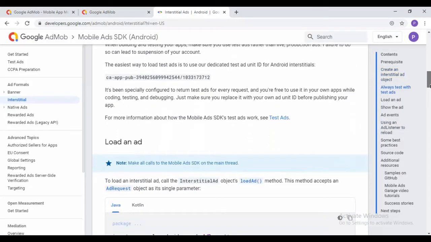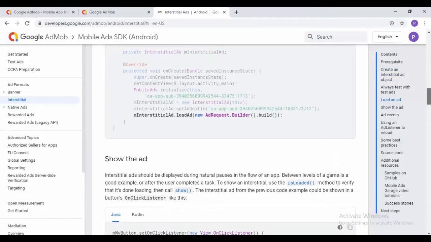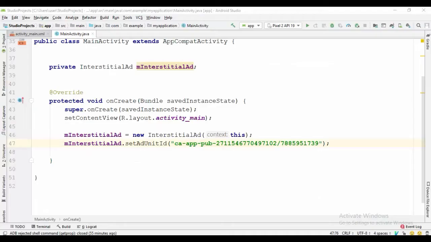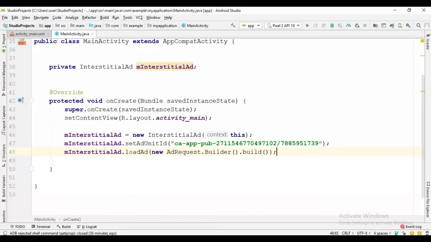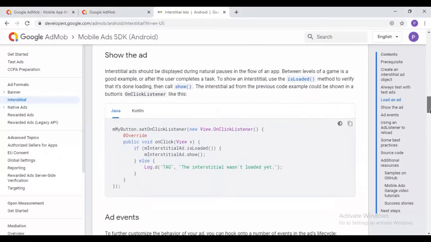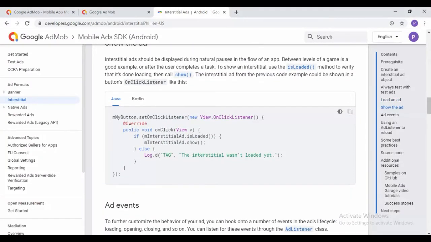The next step is to add this line to our project. This will load our ad. So copy and paste this line. We will not directly implement this code, because it says to show our ads we have to press a button. Nobody presses a button to see ads. We want to show these ads after some time has passed, like 5 seconds, 10 seconds, or even a minute.